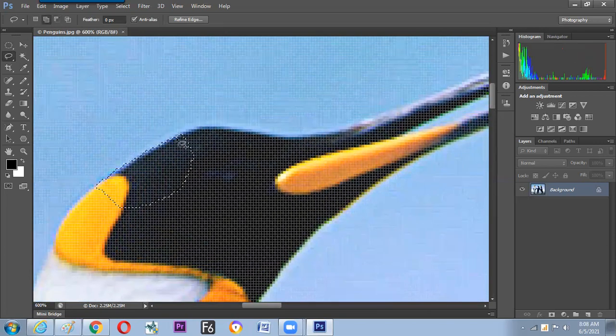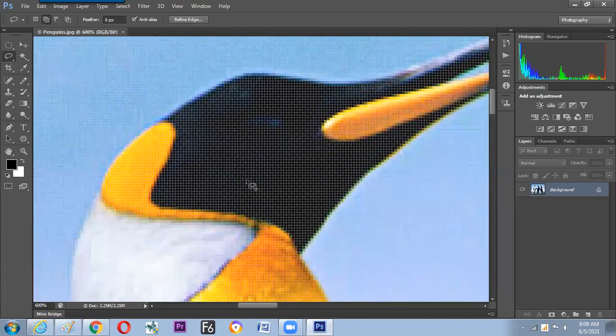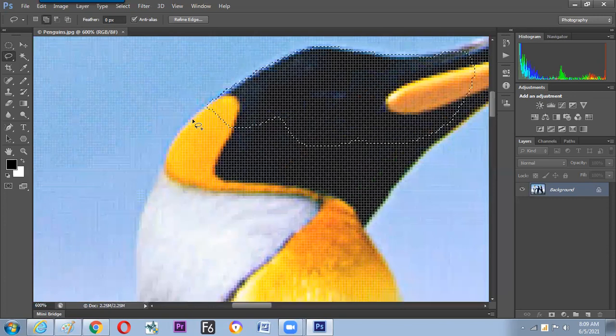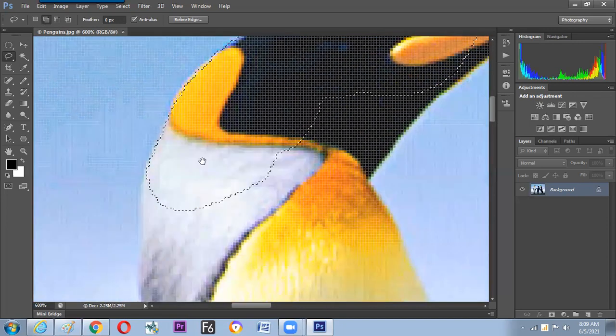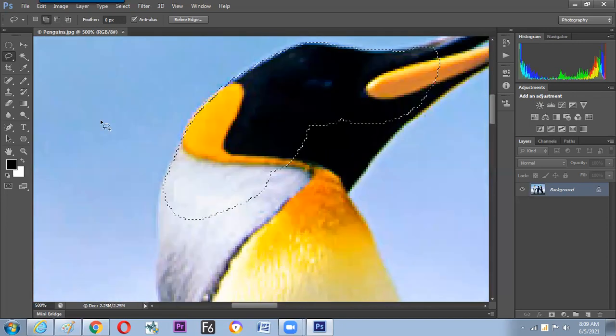Go on adding with small circles. Only take the edge and the inside part. Nothing to worry about, we can freehand draw. Hold the space bar and move the image wherever you like and make small circles around the subject. So we have understood now how to add things and how to subtract if something goes wrong like this. It is the time to subtract. And in this way, we can make the subject selection.